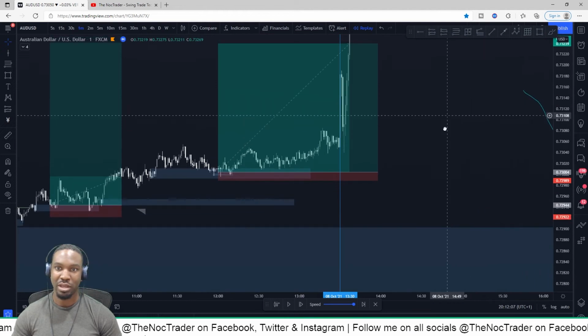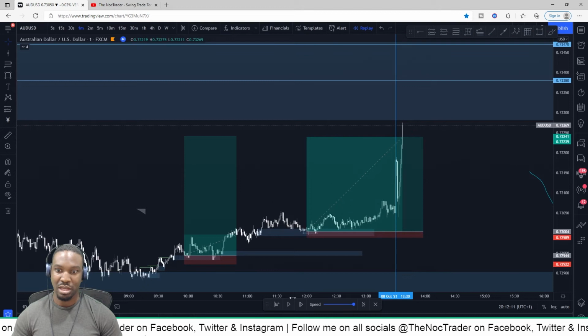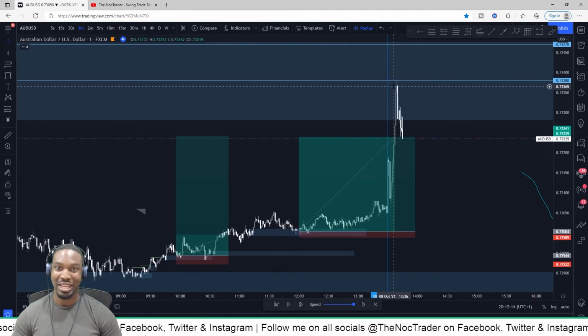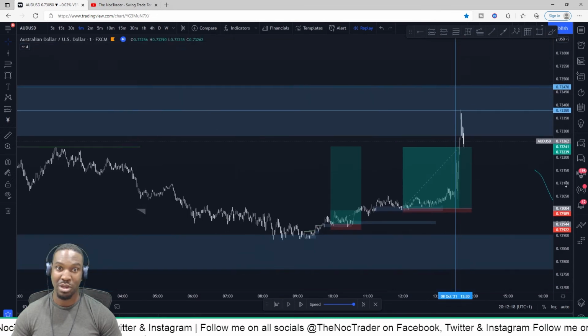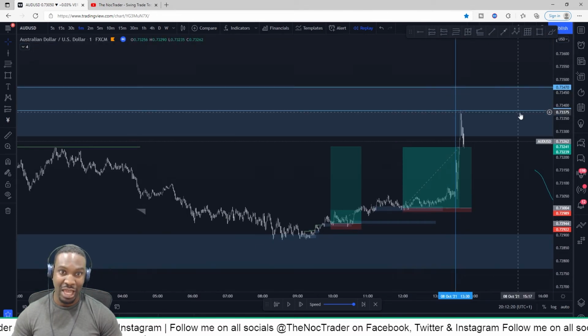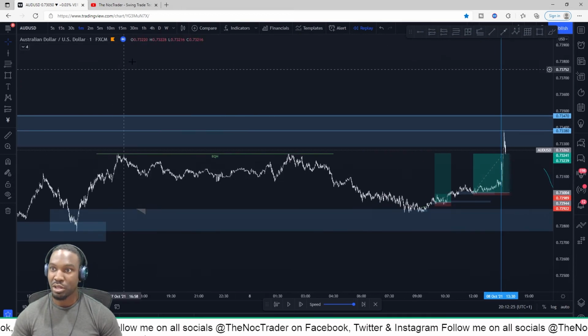And look at that. It just broke through. It broke through once NFP came, and then funnily enough, it hit exactly at the refined order block that I'd created for the 4-hour OB. And I'll show you why I marked this blue line as where the 4-hour OB refined order block was. Because if you go back,